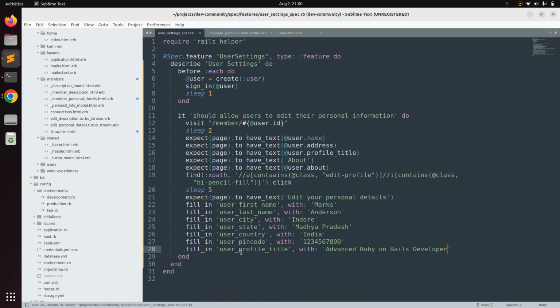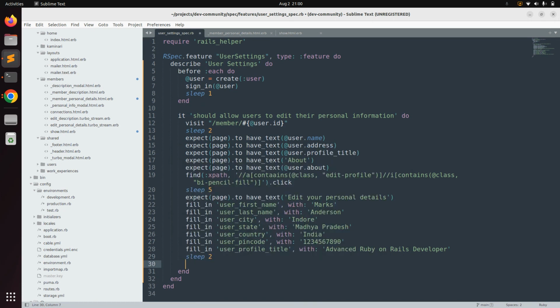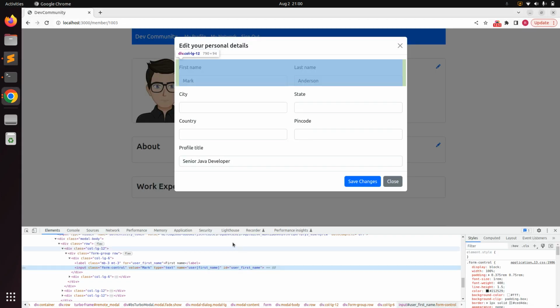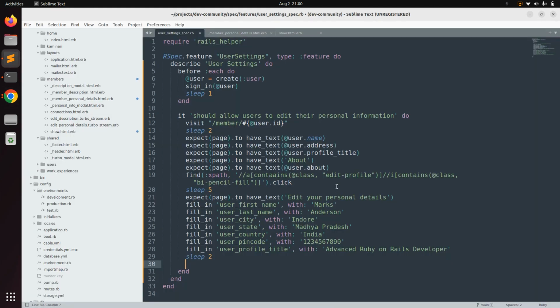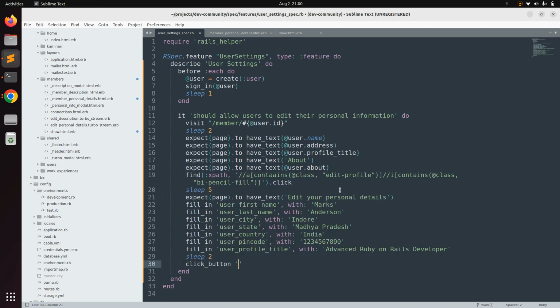Okay, and save it. Now add sleep for 2 seconds because we want to take some time. Sleep 2, and then now we need to click this form button. Okay, that is save changes. So what we can do, click button save changes. Okay, and once the information has been saved, I mean when the simulator submits the form,